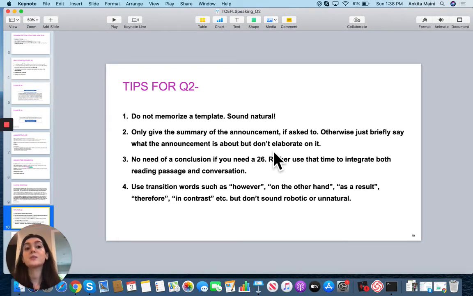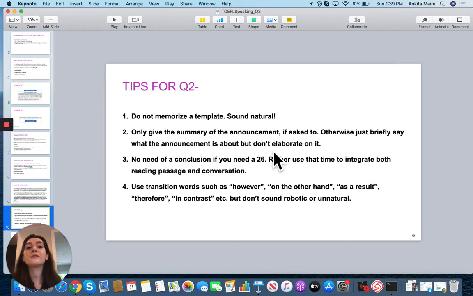So we discussed this before as well, that if the question says briefly summarize the proposal, then of course tell them what the proposal is about and tell them why the university has decided to make that change, like I did in this question. But if the question doesn't say briefly summarize the proposal and just says what's the man's opinion or the woman's opinion on it and what are the reasons they give, then just say that the university has decided to add computer classes in the evening. The man doesn't think this is a good idea.